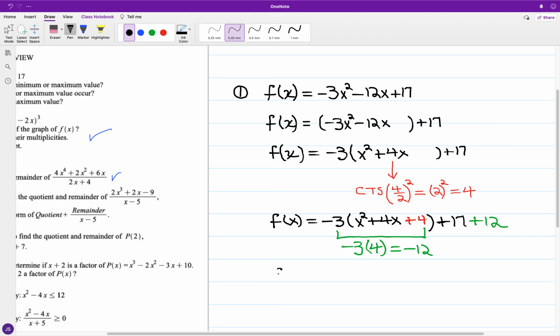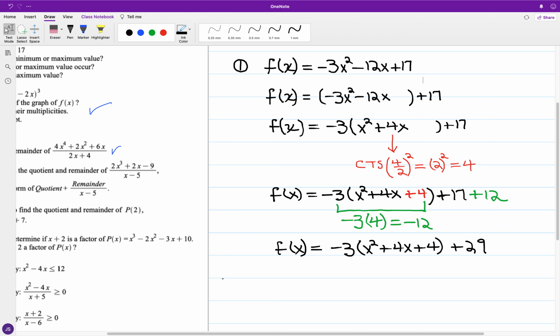And so in the rewrite, we will have f of x is equal to negative 3, again, times the quantity of x squared plus 4x plus 4. And 17 and 12 will make 29. Okay, you can see if it all balances. So you have negative 3x squared minus 12x. Again, negative 3 times 4 is negative 12. However, negative 12 plus 29 gets us back to 17. And now, for the vertex form,